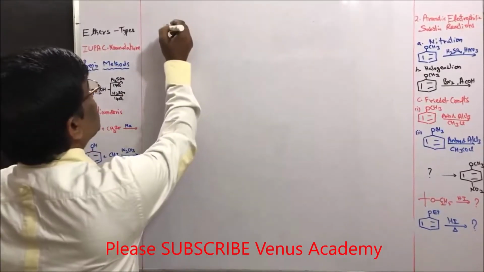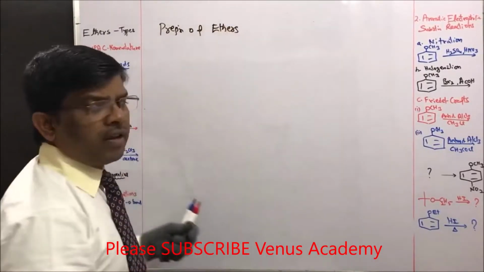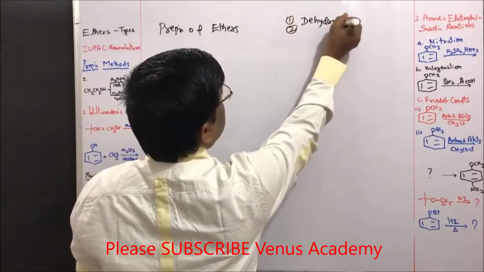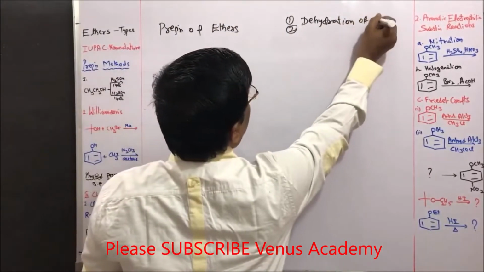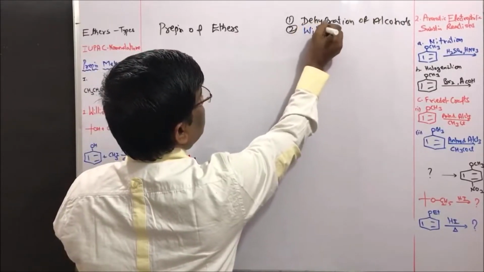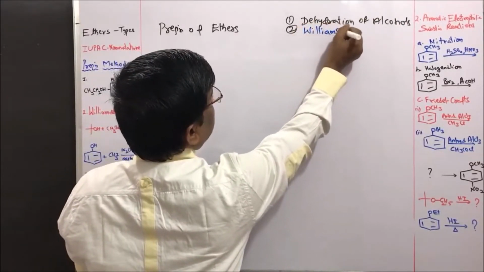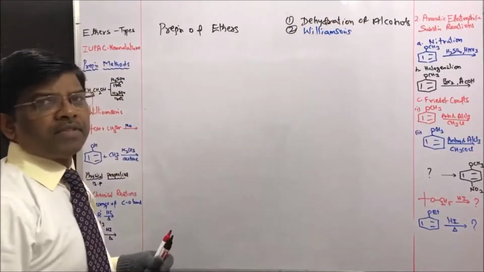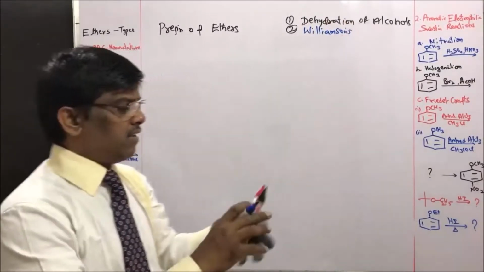Yes students, preparation of ethers. So usually there are two methods. One is dehydration of alcohols, and the second one is Williamson synthesis, which is a very important synthetic method for the synthesis of ethers. Williamson's ether synthesis. Let us see one by one. The first method,